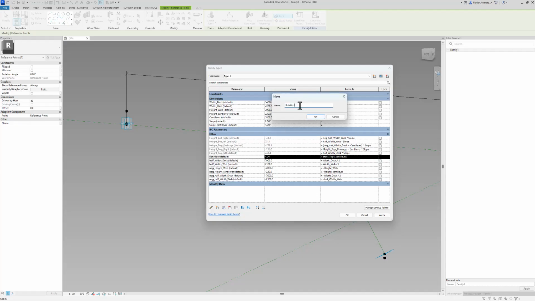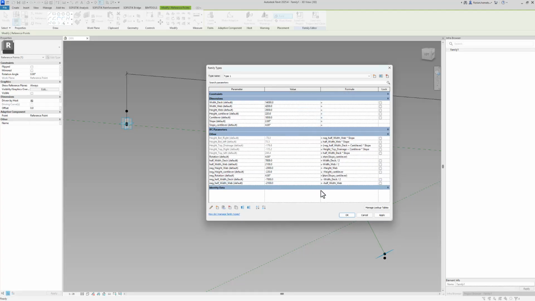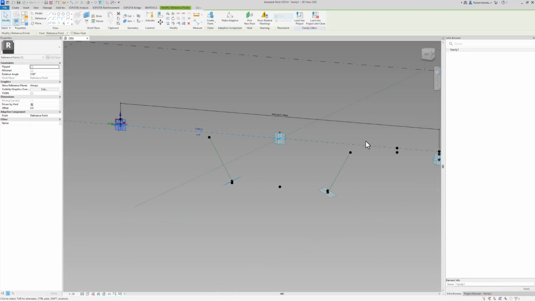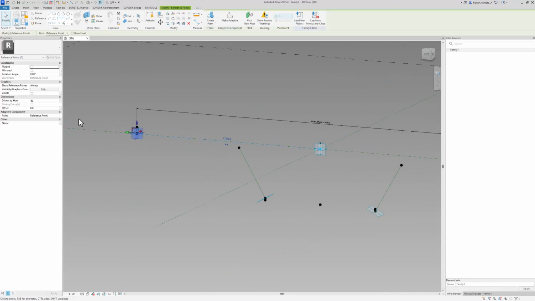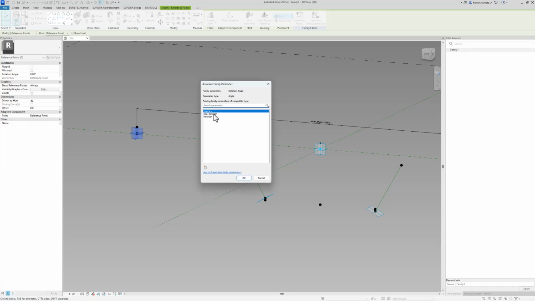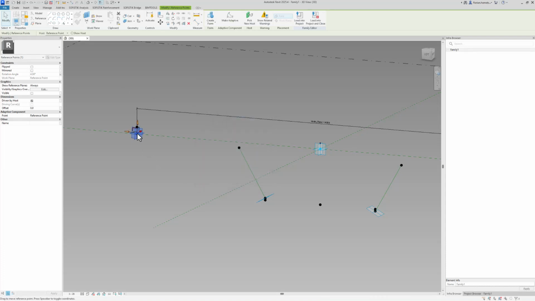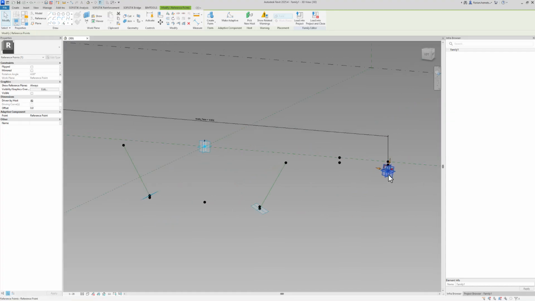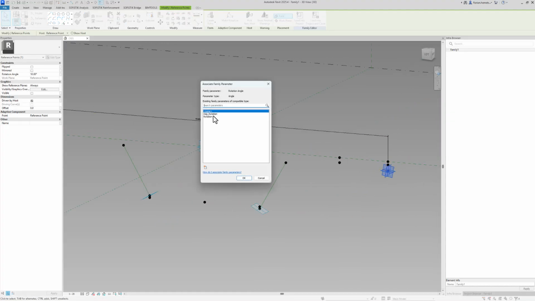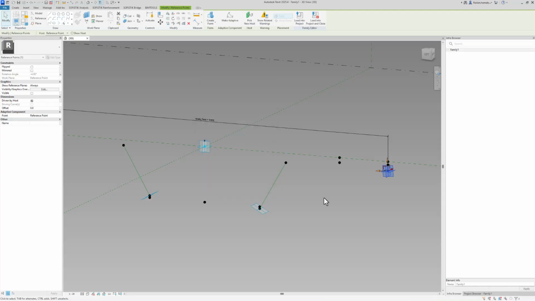I copy it because we want it to rotate once like that on the left side and once to the other direction on the right side. So we also need a negative rotation, which is simply the negative version of this parameter. Click on OK, select the 2 points, or select the left point first, assign the rotation angle to it. You can see this is perfect, rotated a little bit to the right. This one should rotate to the left.